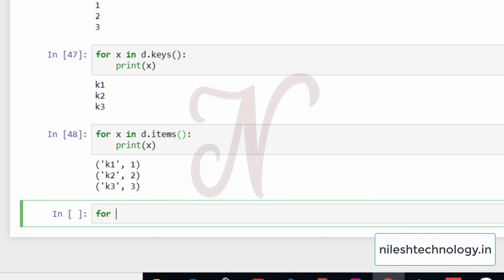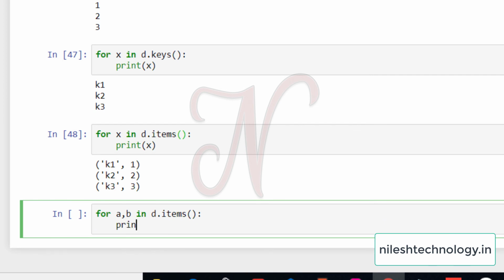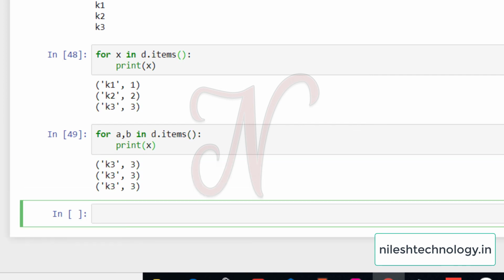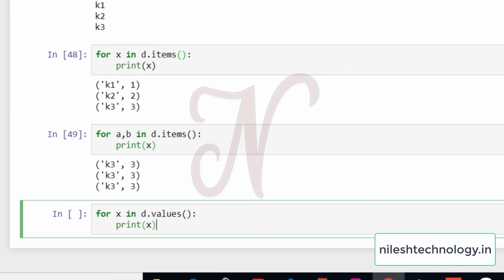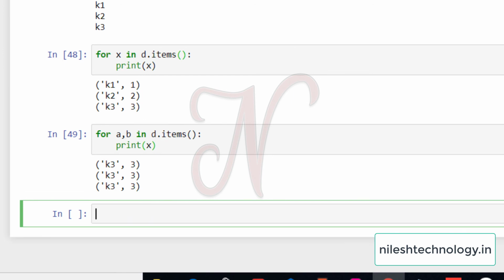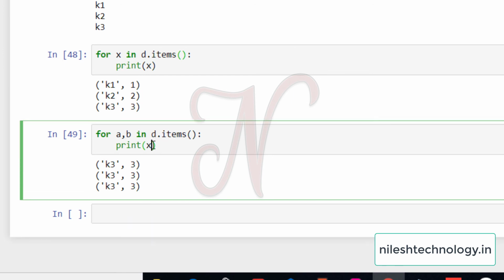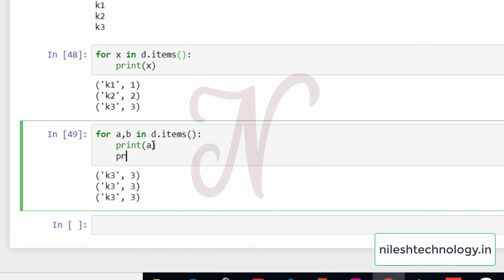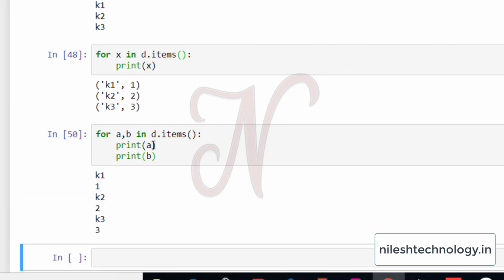See here: for a, b in d dot items colon print a, print b. Okay, see here k1 1, k2 2, k3 3.